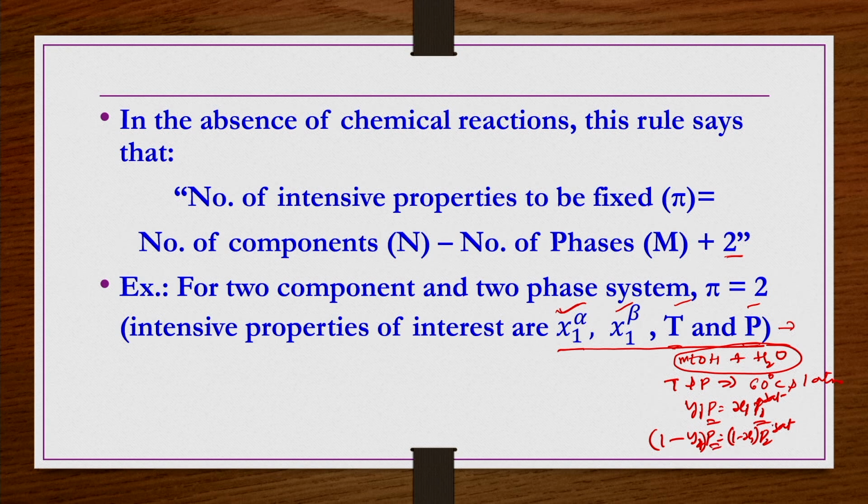P is known, and P1 sat and P2 sat you can find from the expression for the given temperature, right. So, you can use the Antoine equation and find the saturation pressures at a given temperature for a given species. So, these are known. Then these two equations have two unknowns, x1 and y1. Those you can calculate without doing any experiments.